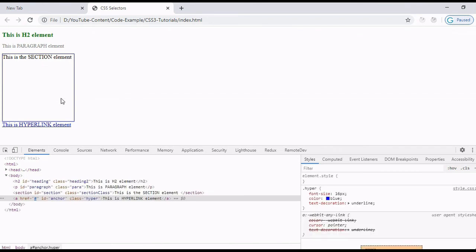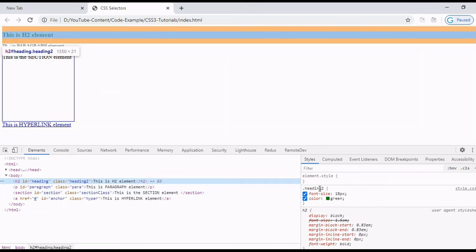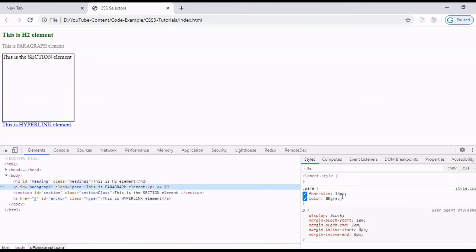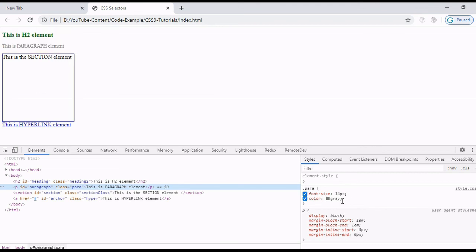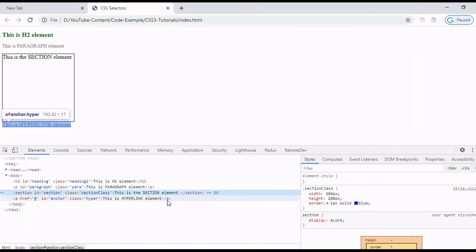Here you can see the styling is still applied on the elements. So let's see. I am selecting the h2 tag. Here you can see our class name heading2 with the CSS property, the same for the paragraph with the para class, and the font size and color the same as other elements with the class name.